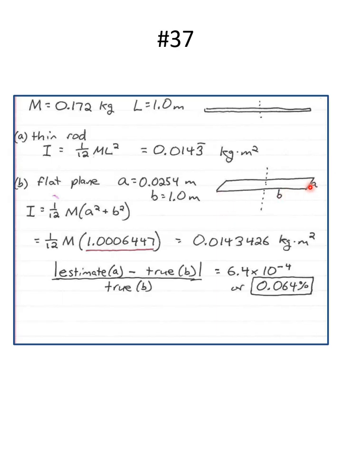It has a little bit of a width A and a length B, and the length B is 1 meter and the width A is 0.0254 meters. And so moment of inertia for the flat plane is 1/12 m times (a squared plus b squared). A little bit of Pythagorean theorem going on there across the face of the ruler. And when you plug in those values, you get 1/12 m times